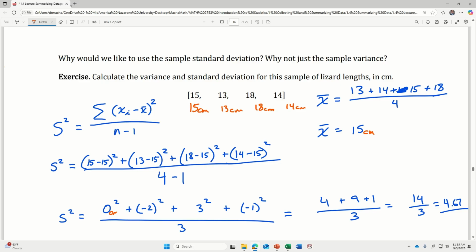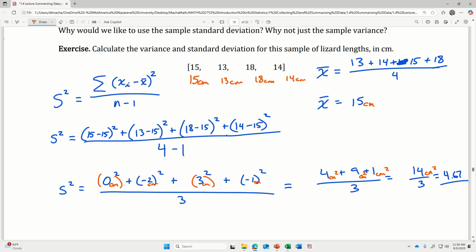And that's going to be 0 centimeters and negative 2 centimeters and 3 centimeters and negative 1 centimeters. But then what happens when I square this? When I take negative 2 centimeters squared, now I've got this weird measurement that's 4 centimeters squared, 9 centimeters squared, and 1 centimeter squared. Add them together, I get 14 centimeters squared divided by 3,